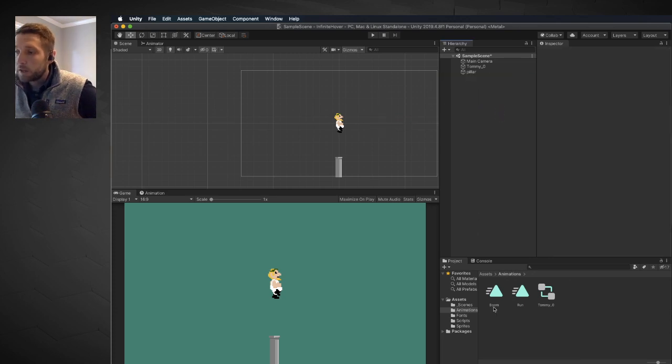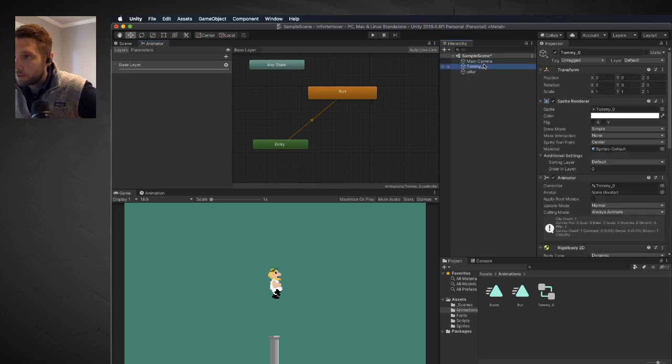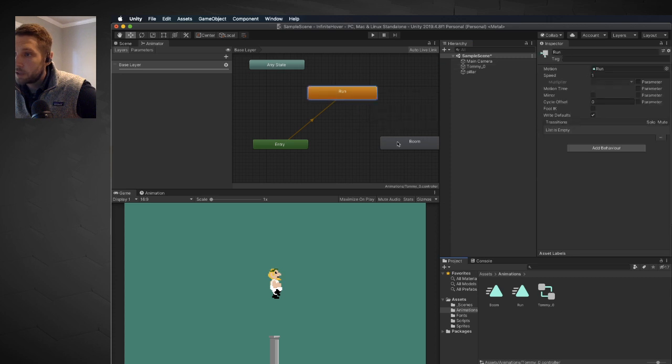And so what we're going to do is take our animator panel and we're going to drag the Tommy controller, which is what we're seeing right here in the animator, because Tommy is selected in my hierarchy, so that's the animation controller that we're seeing. I'm going to drag the boom animation into the controller, and I'm going to right click on run, and I'm going to make a transition